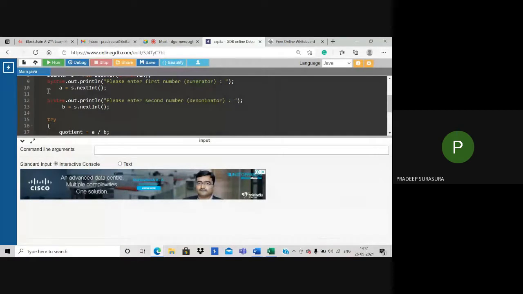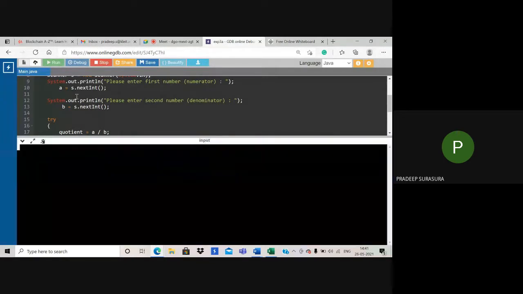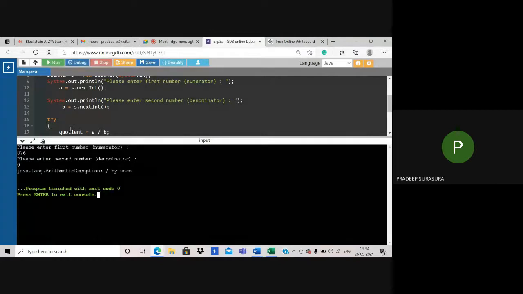My intention in saying both is one is with both numbers, and the other is to try giving 0 as your number. The moment you give 0 as the denominator, you will see